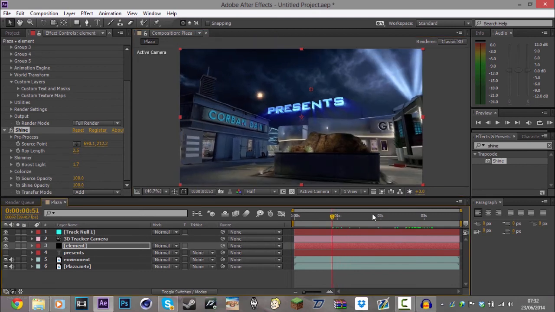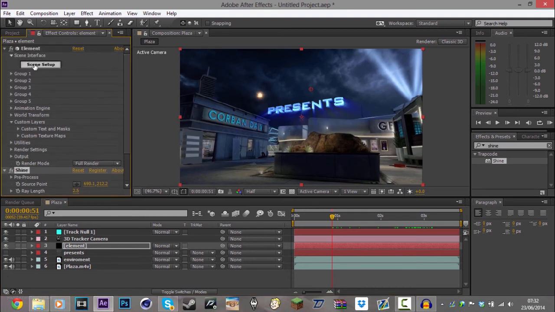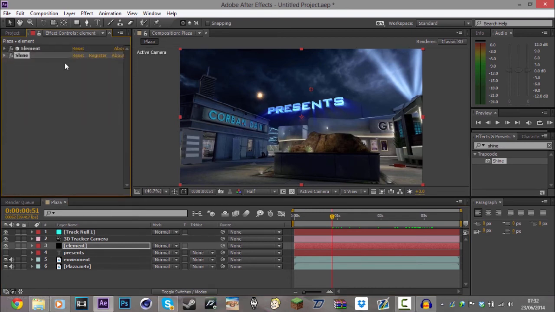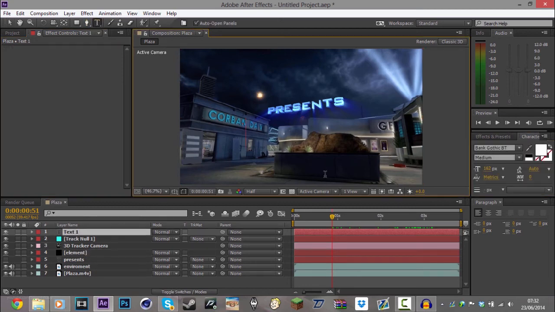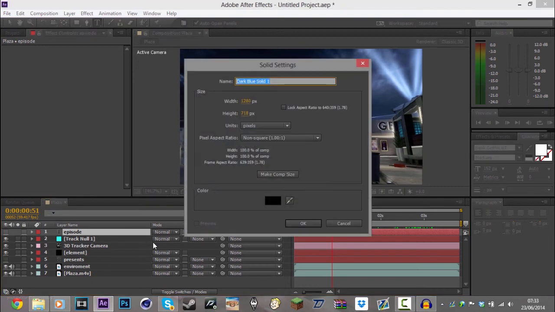So there you have it, guys. Really fast, really easy tutorial. That's basically how to motion track. And you can add as many different motion tracks as you want. All you basically want to do is go to your text layer, make another text layer. So I'll put episode, turn the text layer off, add a new solid, call this element 2,